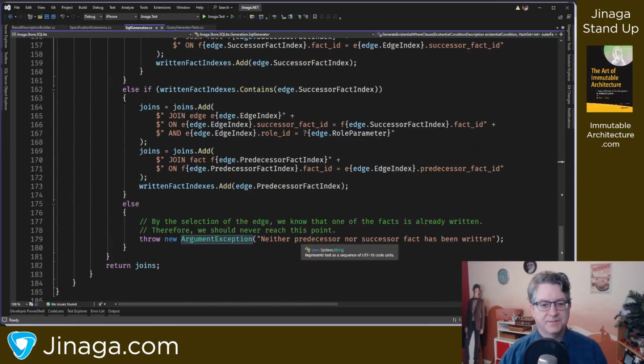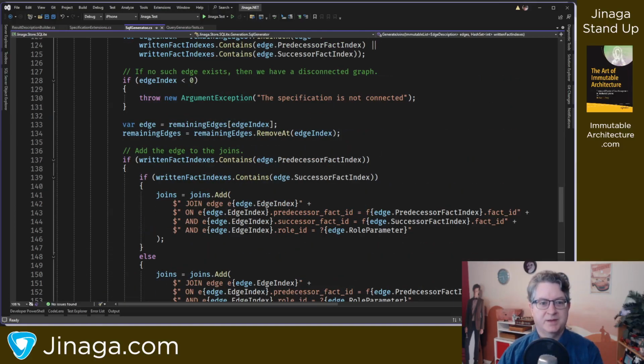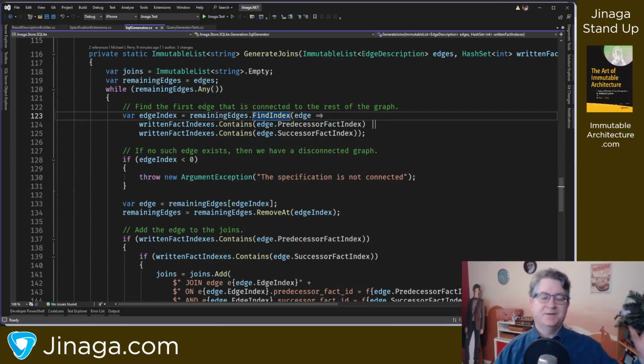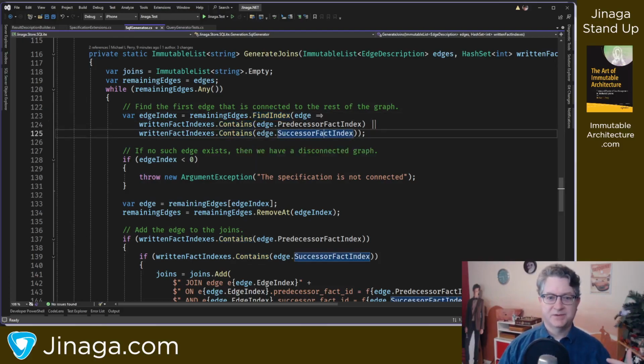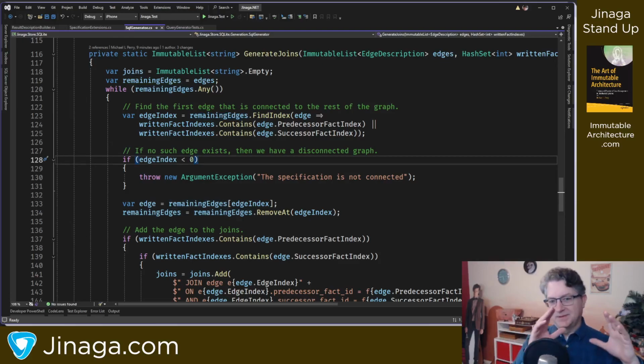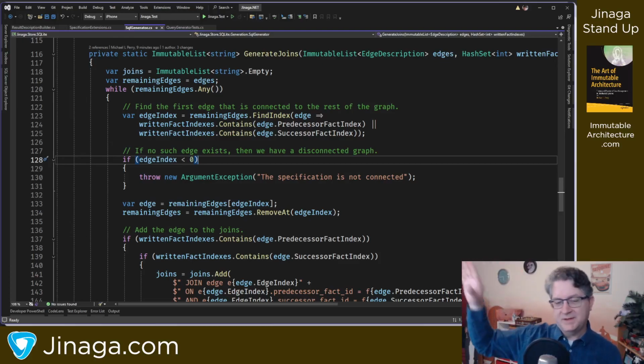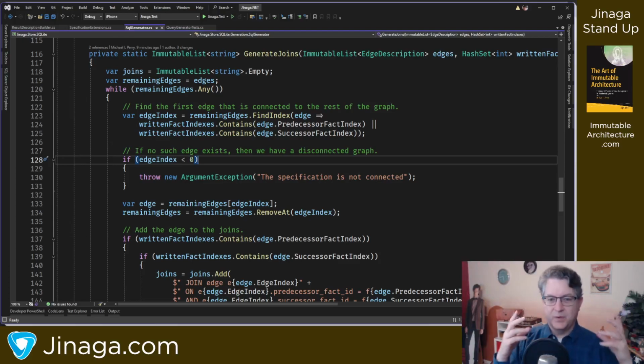So we can't find our way here anymore because we are pulling them in this order. This is what I was about to say. If at any point we find that we can't pull any edge because neither the predecessor nor successor has been written, and we make it all the way through the remaining edges and none of them meet that condition, then that means that's part of another component of the graph. There's no connection between these two graphs. Something is referring to another given that we didn't bring in to our graph,